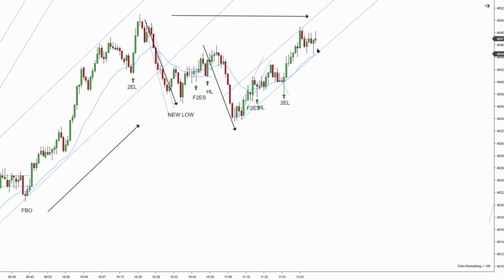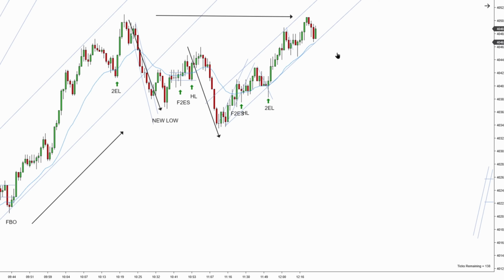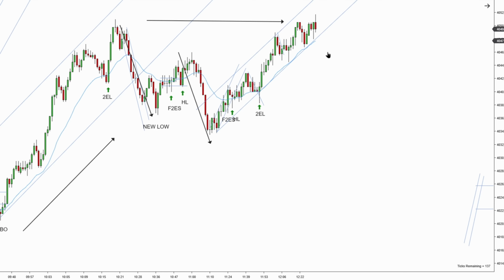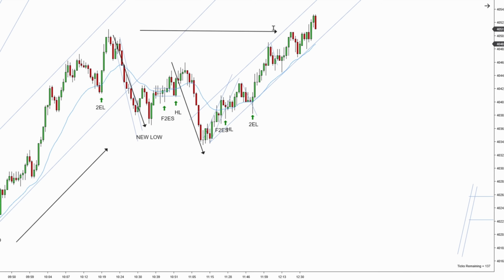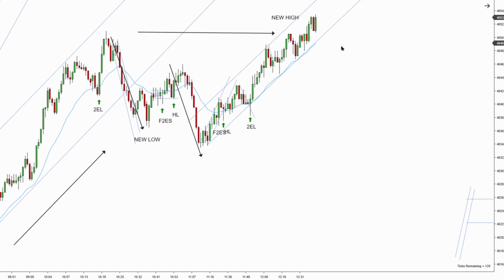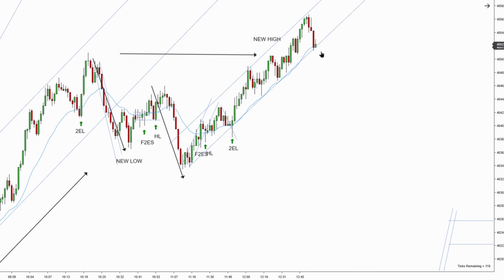We have another two-legged pullback, second entry long, but you're so far away from the EMA, I can't really take it. Would have preferred something to confirm the EMA. And we're not really getting any two-legged pullback. And now we just received a new high for the uptrend on the left. But this channel is still strong and still going higher, so I can't really argue with it